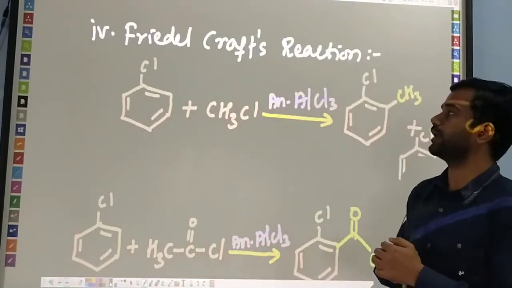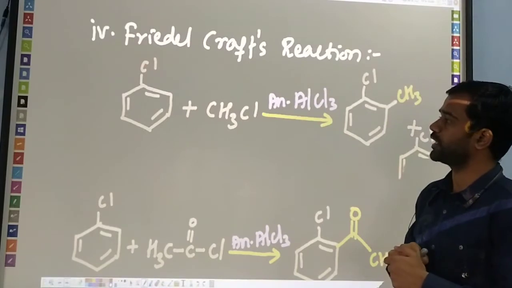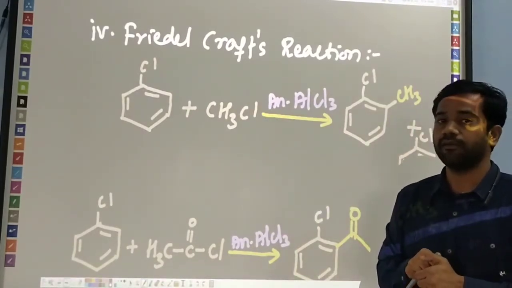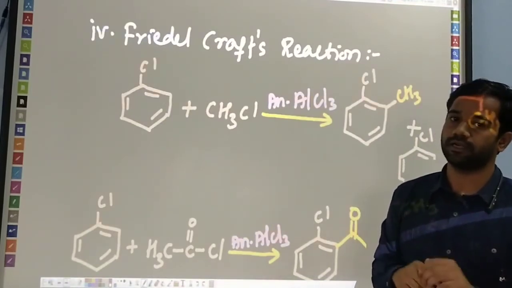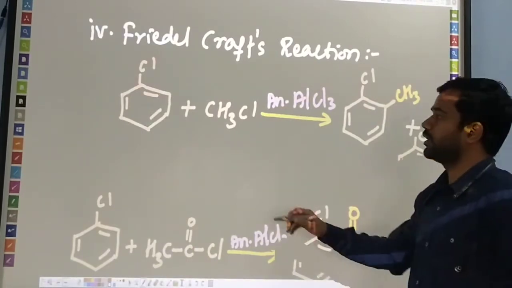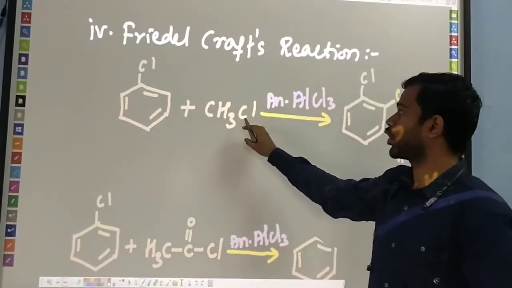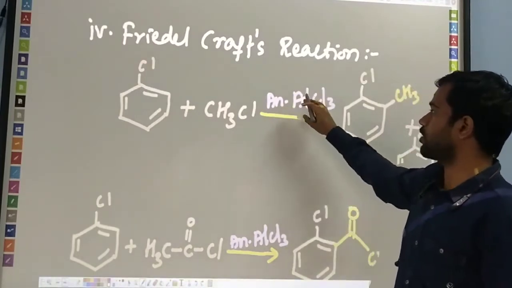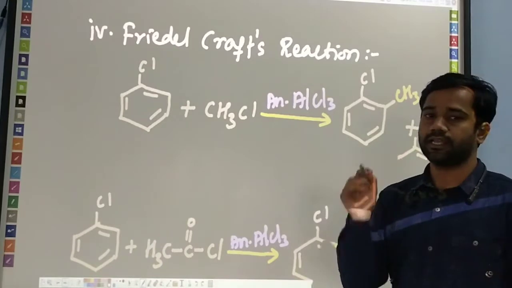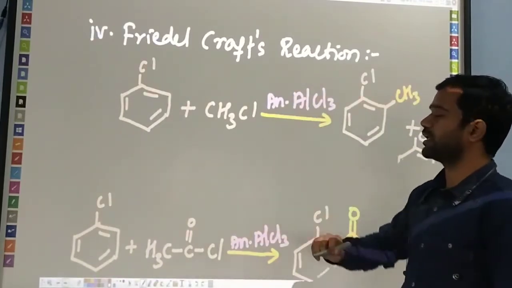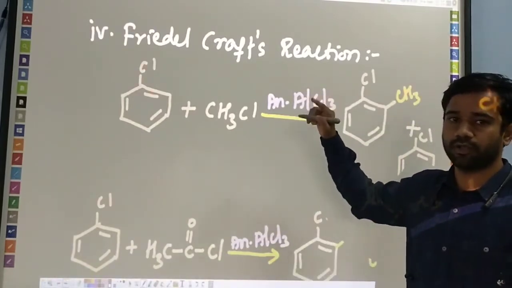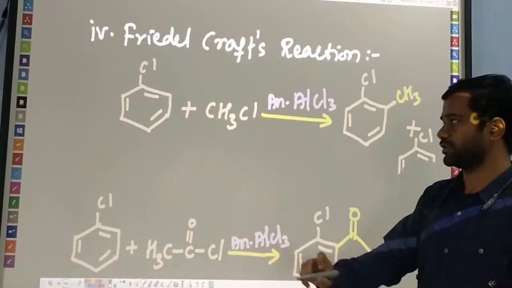The fourth electrophilic substitution reaction is going to be the Friedel-Crafts reaction. This is known as a name reaction. You have to try to remember that whatever name reaction comes, that's a very important one. The halogenes is going to react with chloromethane in the presence of anhydrous AlCl3 or in the presence of FeCl3. Have you observed here? This AlCl3 or FeCl3 comes again in the fourth reaction. Where have you observed this reaction before? In the halogenation reaction.